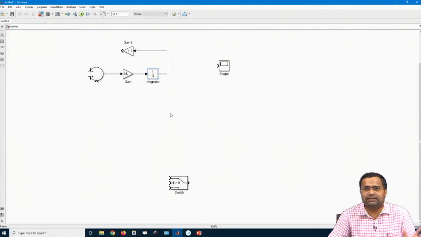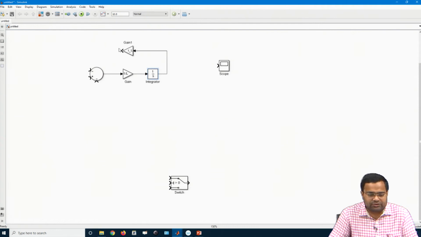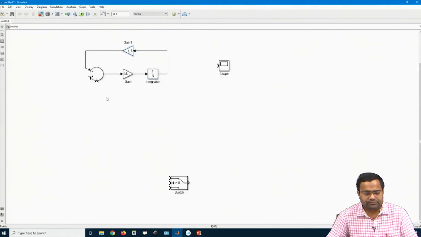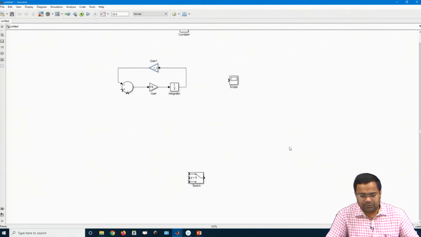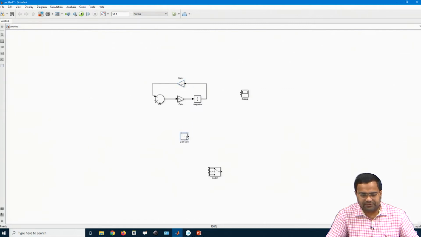We have to assign some value. Okay, so we can connect this block. Next we need Vx. What is Vx? I think we need another block. Yeah, we have some constant here.